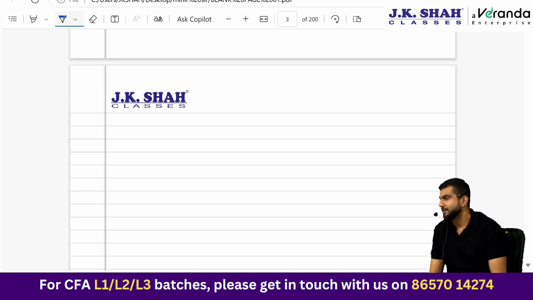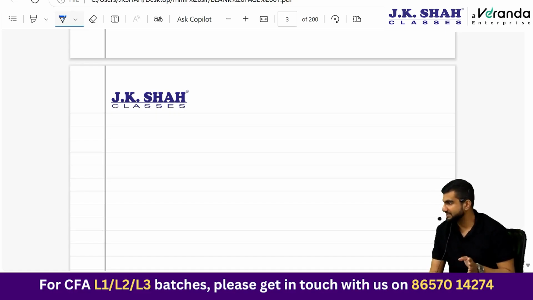Okay, now comes a very interesting chapter, cash flow statement. Very fun chapter. It is enjoyable solving questions. So which are the three types of cash flows? Operating cash flow, investing cash flow, financing cash flow. Anything pertaining to day-to-day business operations will go to operating cash flow. Anything pertaining to non-current assets of the company will go to investing cash flow. Anything pertaining to non-current liabilities will go to financing cash flow.